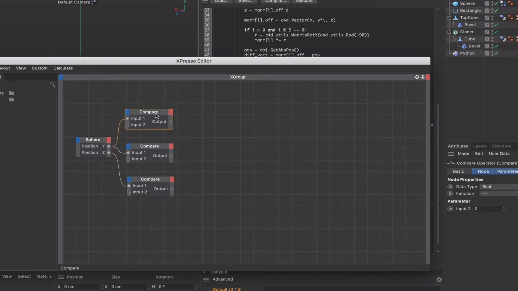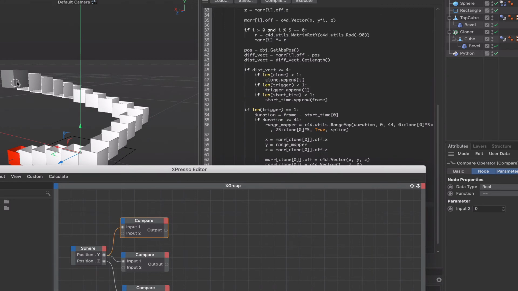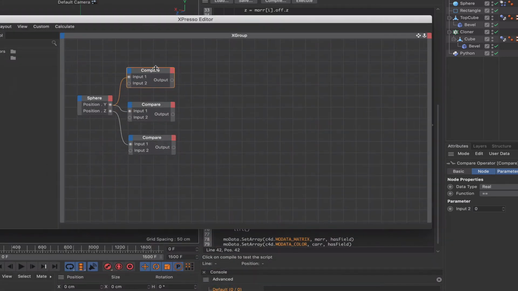Let's set these up with functions. I'm going to explain a bit later what this is doing. Basically, we're going to change the color of the top cube here when the sphere drops through it. That's what this expression is going to be doing, but we'll look at the detail a little bit later. So the function of this top compare is going to be less than or equal to,